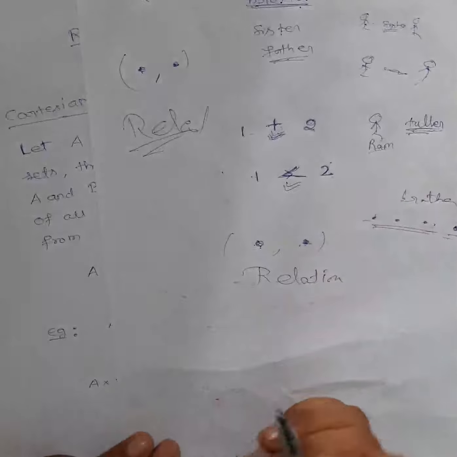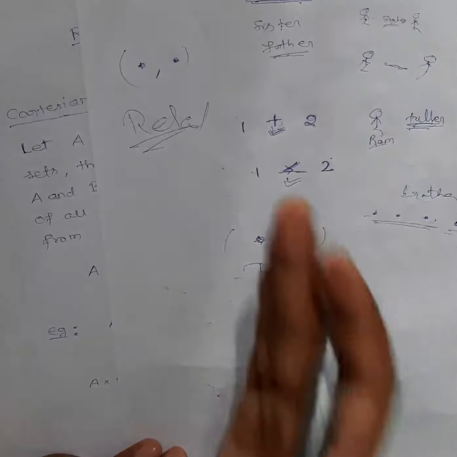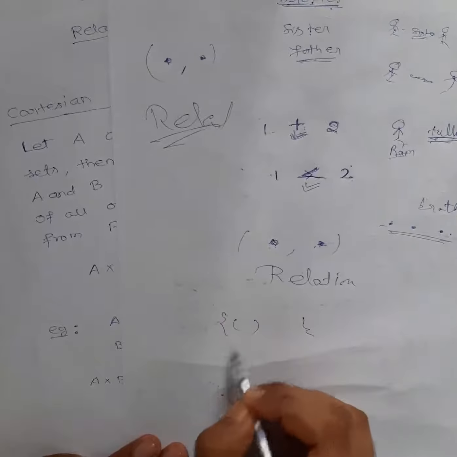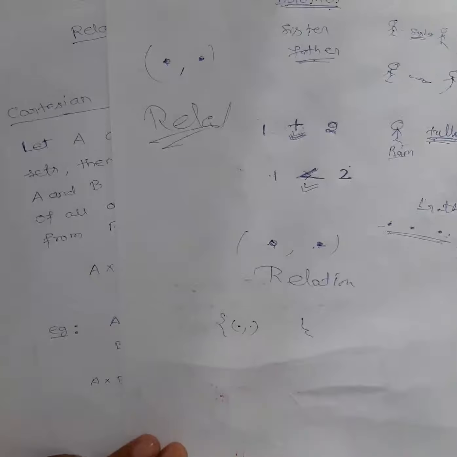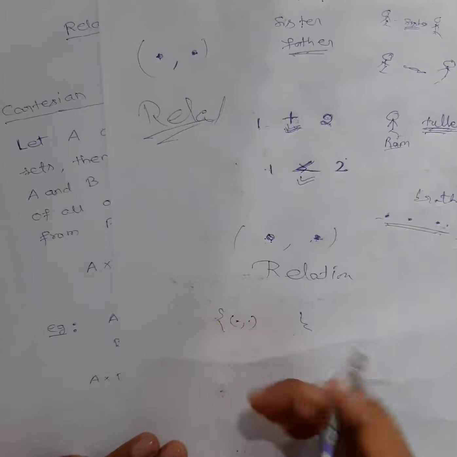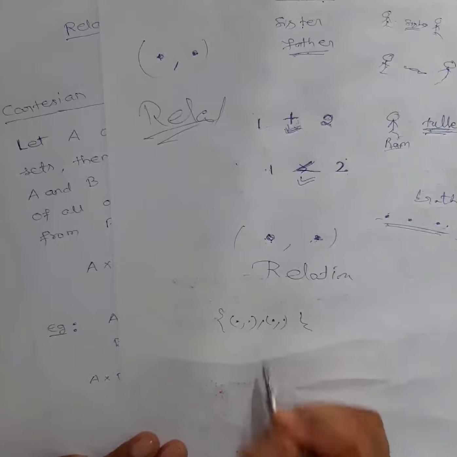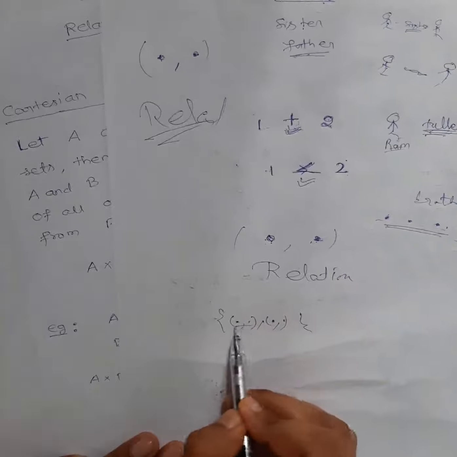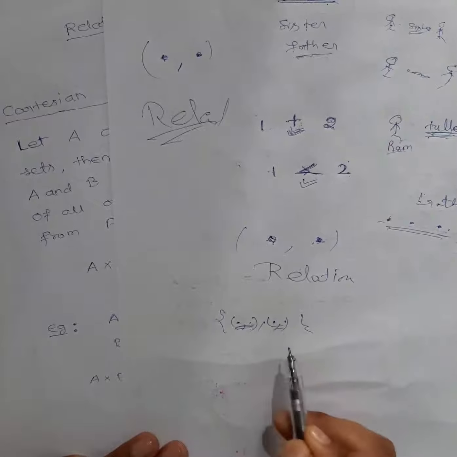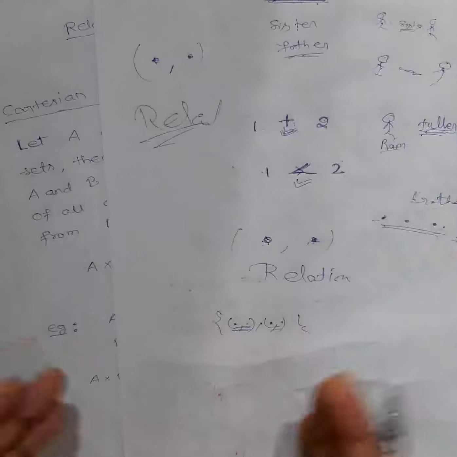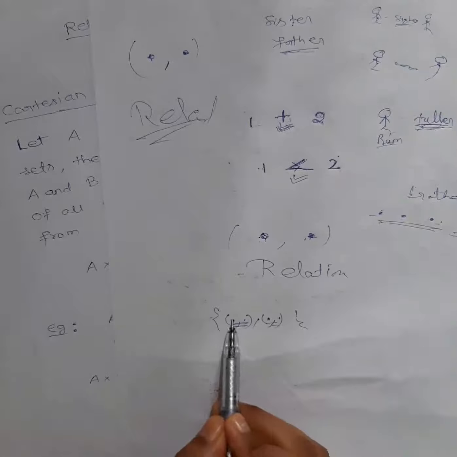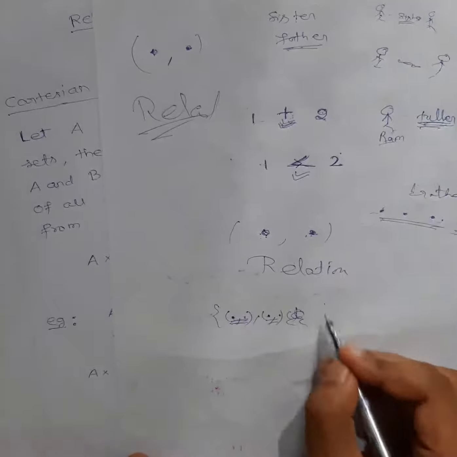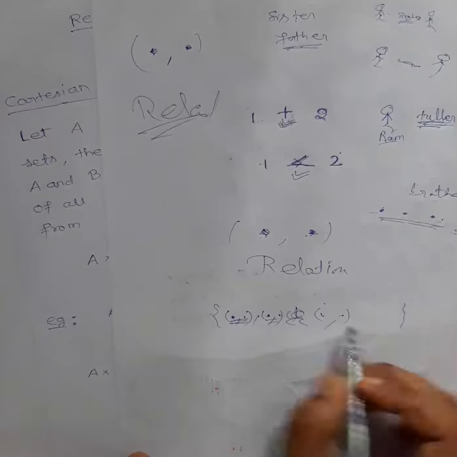For example, in your class, if I say make a collection of brothers, what will you do? Suppose this person and this person are brothers, so you will make a collection like this, and another pair you will make. Can you see in the collection what I'm doing? I'm making a pair. Why? Because I see that these two are brothers, these two are brothers. If you give me the collection in this way, then I will understand that these 2 persons are brothers, these 2 persons are brothers, these 2 persons are brothers.